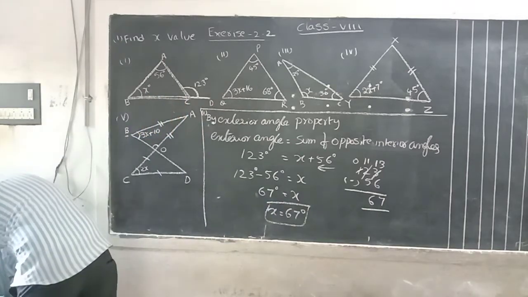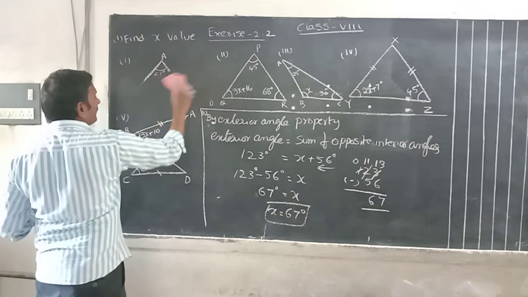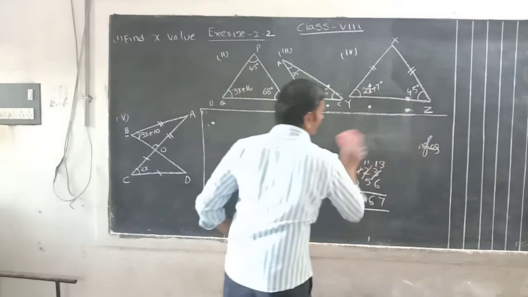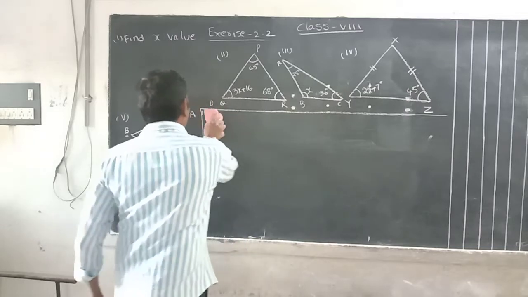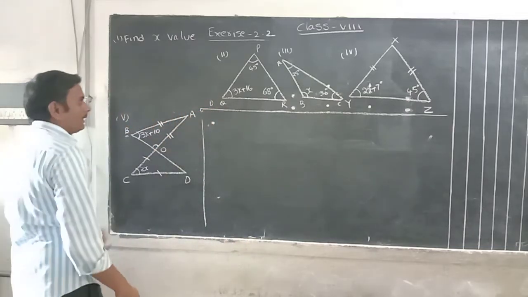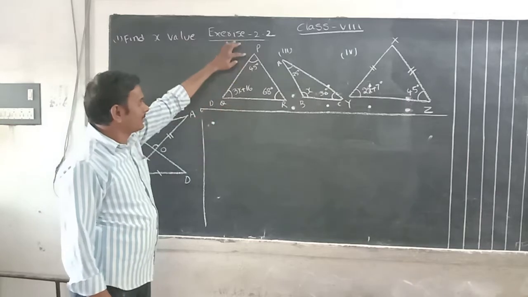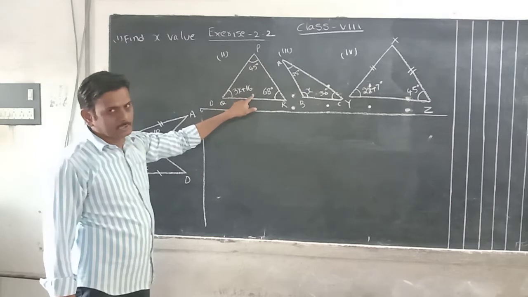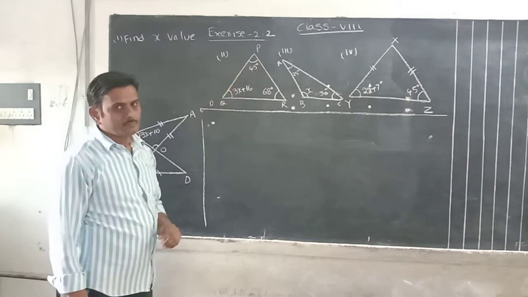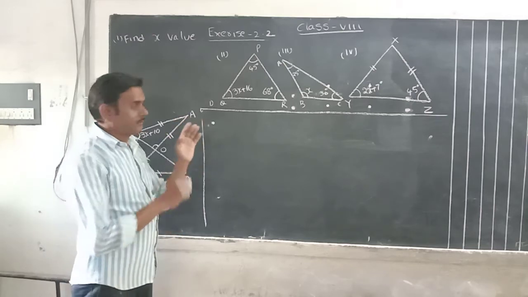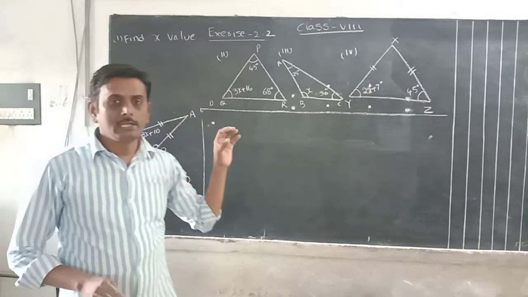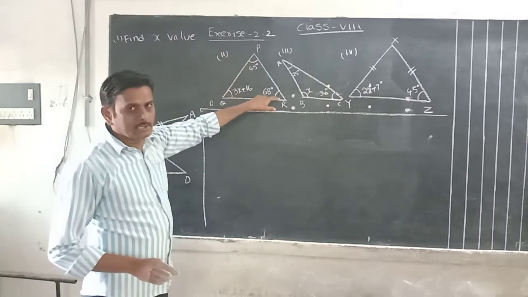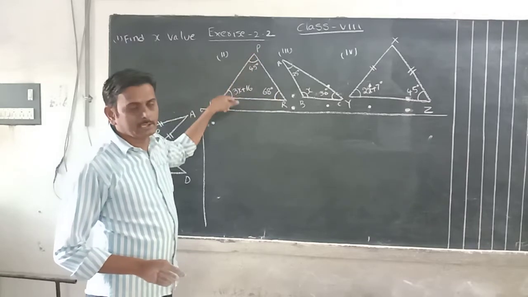We will go for the next question. Second question. First one completed. The second one comes in the same model only. Here PQR is a triangle. In this, one angle is 45, another angle is 68, and one angle is 3x plus 16. By using these three angles, we have to calculate x. One thing we have to observe is where these three angles are lying. These three angles are inside the triangle, the interior of the triangle. So these are the three interior angles of the triangle.